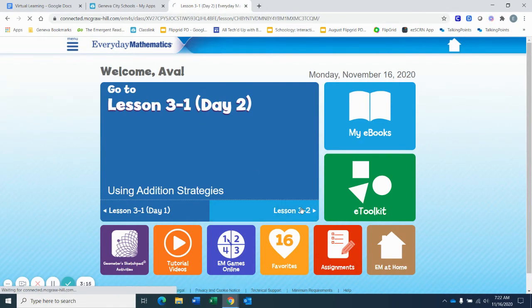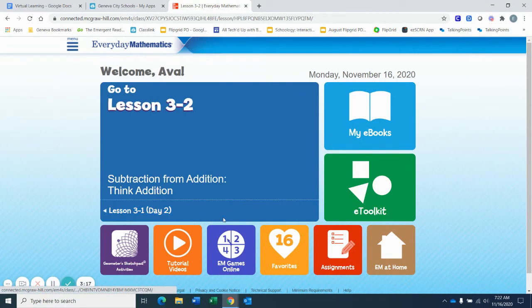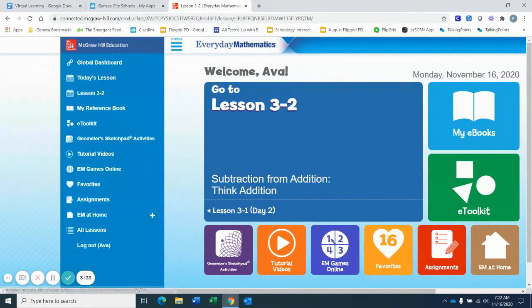I'm going to go back to today's lesson. You will notice one more thing. You can't click past today's lesson. Whatever your teacher has given you for the daily lesson, you can go back. You can't go forward. Another way to go back to past lessons is to come up to your menu button